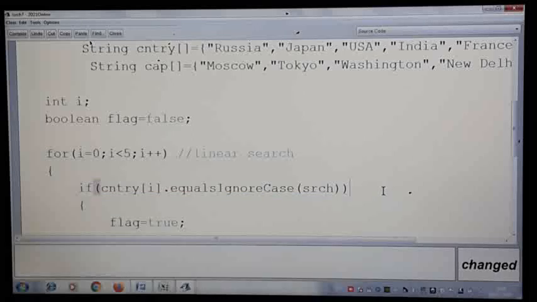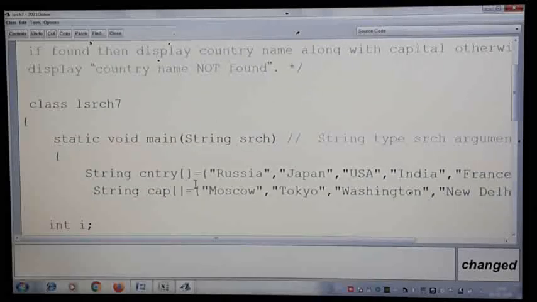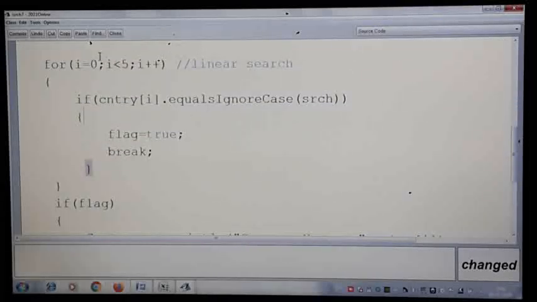The double equals sign can be applied only for primitive type data, not for strings. For strings you have to go with the built-in accessor methods. There are many available, but for this particular example we require these. As we come across more programs, we will be learning many string accessor methods. So today you are learning, along with the program, two commands: equals and equalsIgnoreCase.